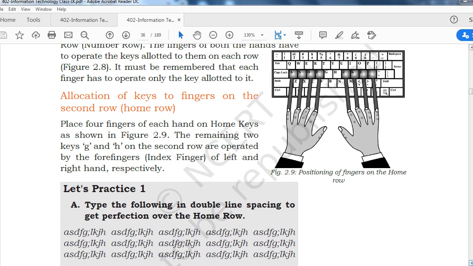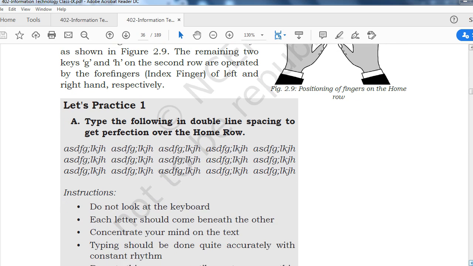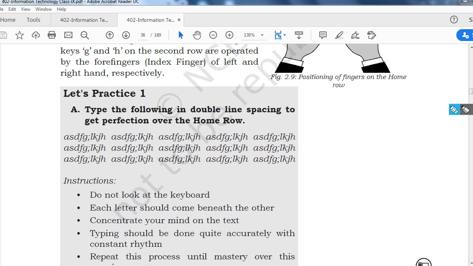Now next, let's practice by typing the following in double line spacing to get perfection over the home row. If you have a system, just practice it. Type this on your system using the keyboard.